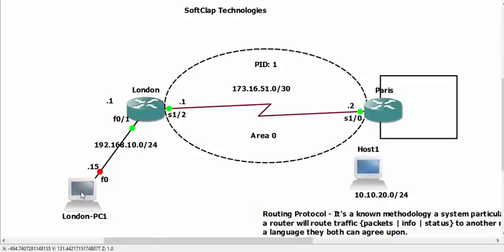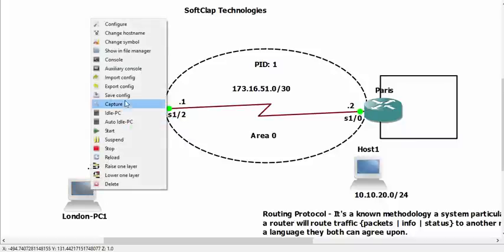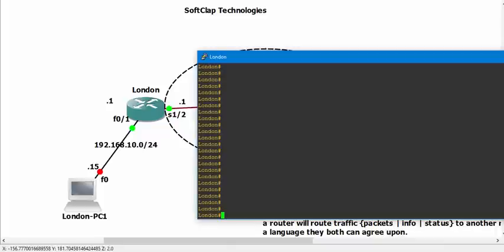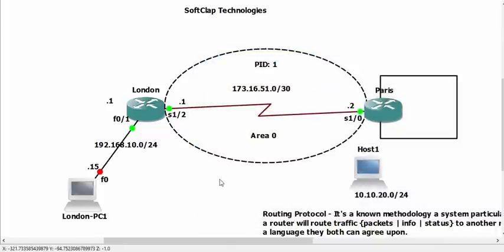Let's see if London here is started. Let's go down here and console. London is still down. What happened? Uh-oh. London is still down. What did I do wrong here? Hang on, guys. Let me just